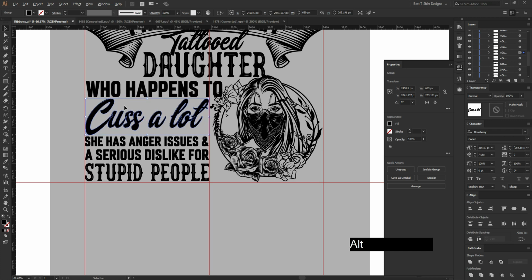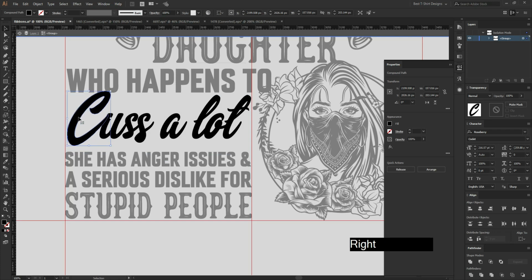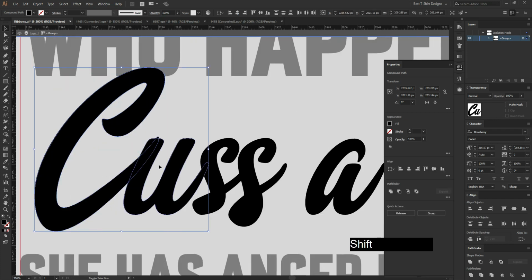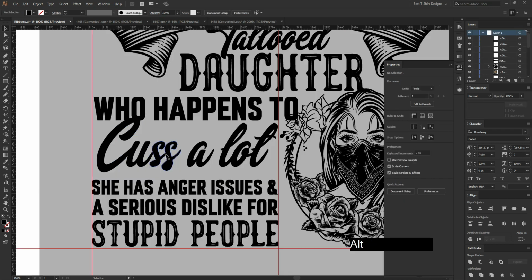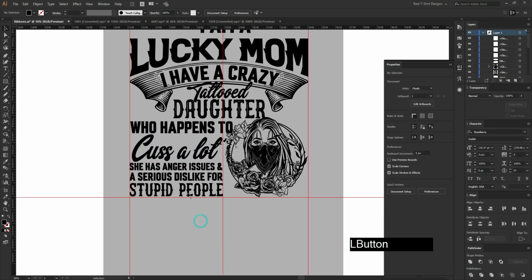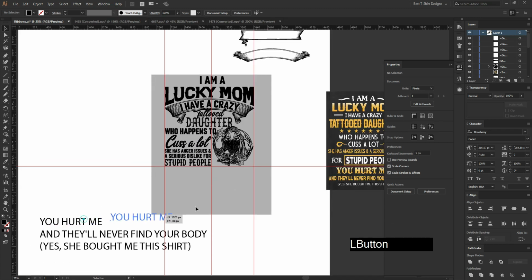Okay, so sometimes it's really hard to make it perfect because of some text or letters. We can always modify them. See, if I make the C a little higher in position, we can make the baseline kind of similar with the text here. So, tattooed daughter, who happens to push a lot, she has a serious anger, stupid people hurt me, and this